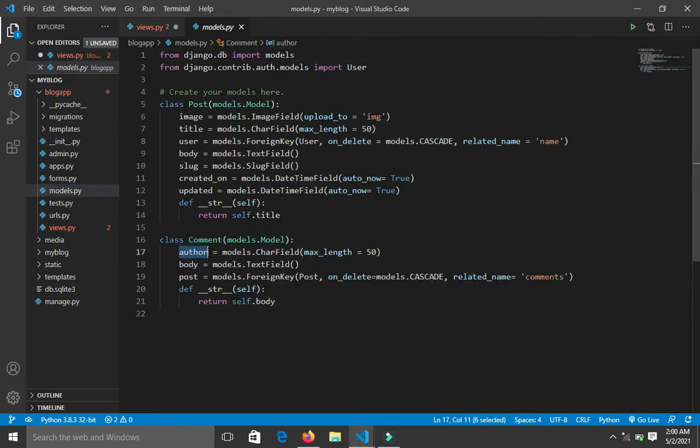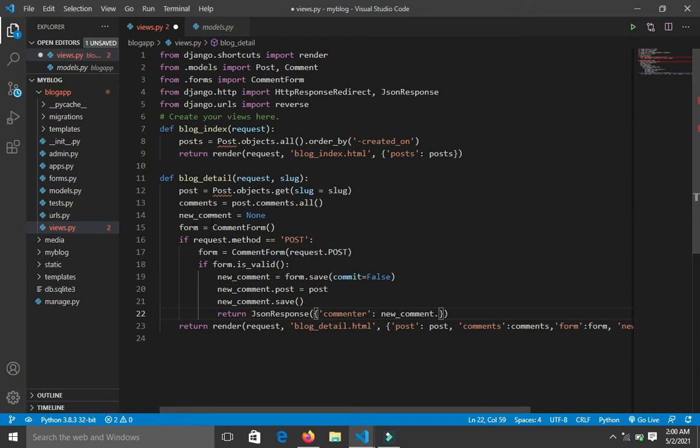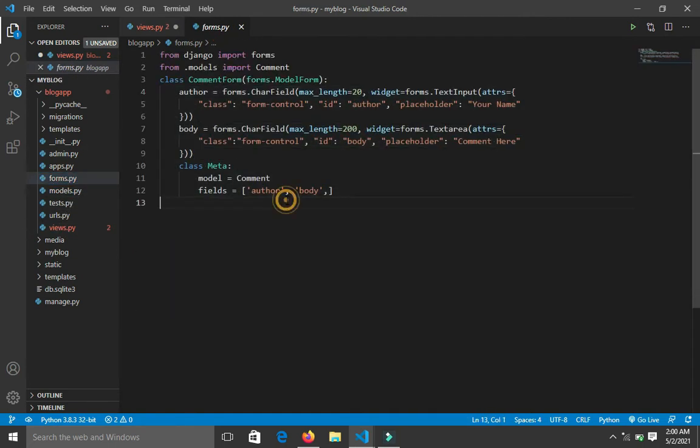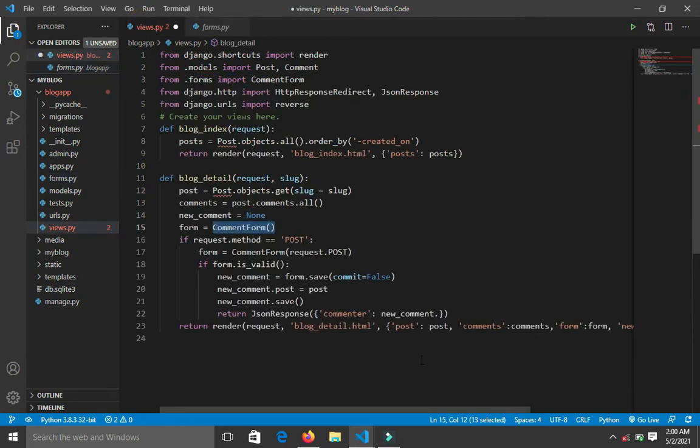because I would like to think of my form, the form I have on my views.py, as being saved to the comments model. This comment form here is being saved to the comments model we have here. You can see from the forms.py, which is here, I assigned the model called comments to my comment form. I hope you understand. So now let's continue. I want to get the comment, such as new comment.author,